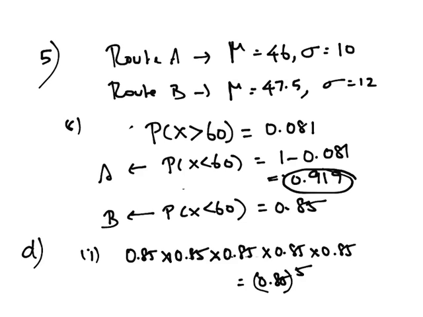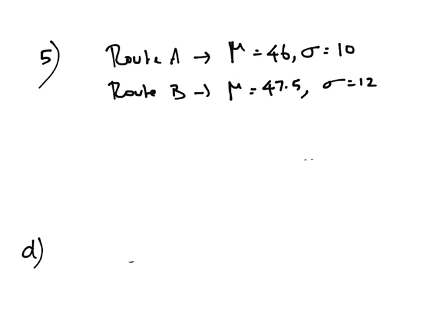Okay, 0.85 power 5. I'm sorry, this is not very clear. So 0.85 raised to 5. So this is the answer. Now, what is the probability that it arrives before 7 on at least 3 days? Now, this is slightly complicated, students. The second subdivision is, find the probability that it arrives before 7 on at least 3 days. So here I can actually use